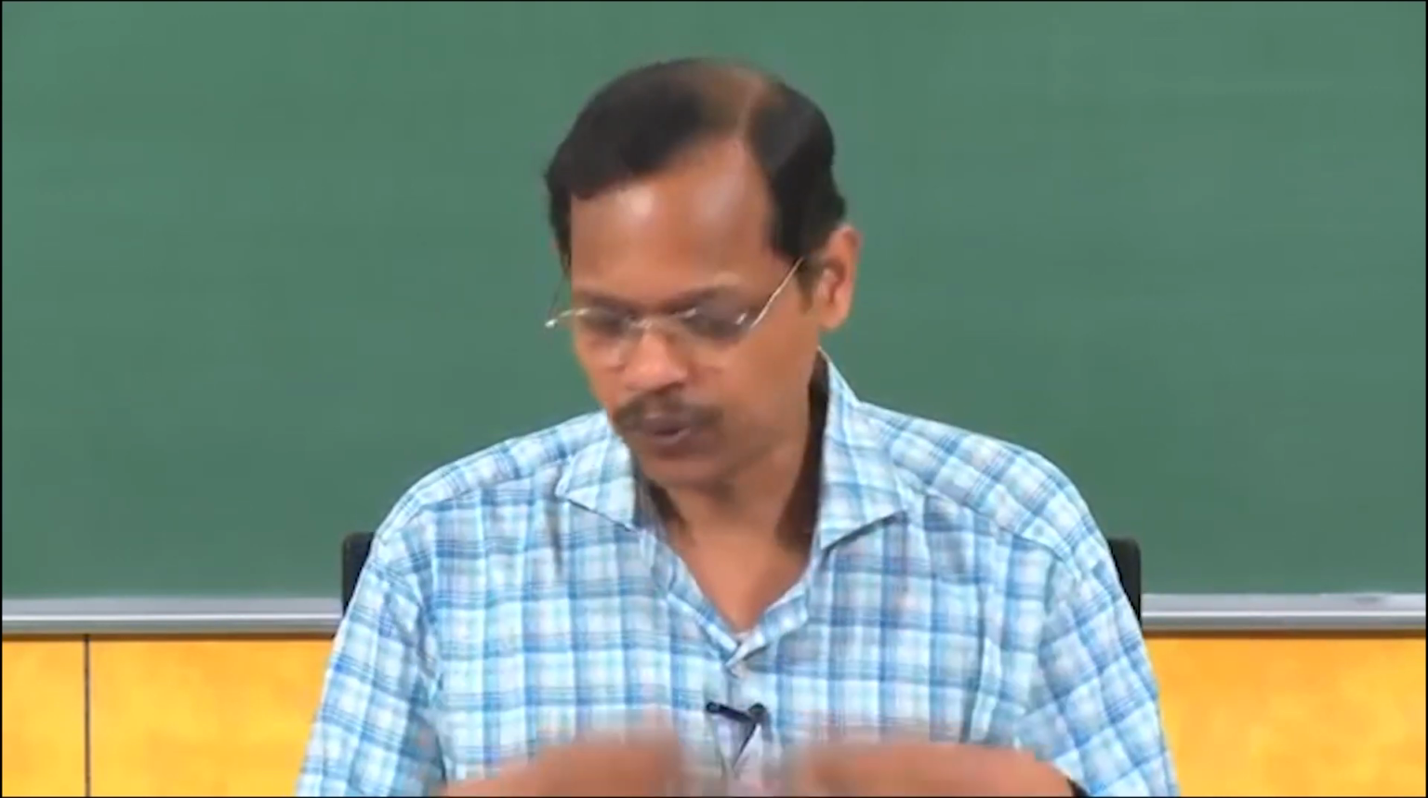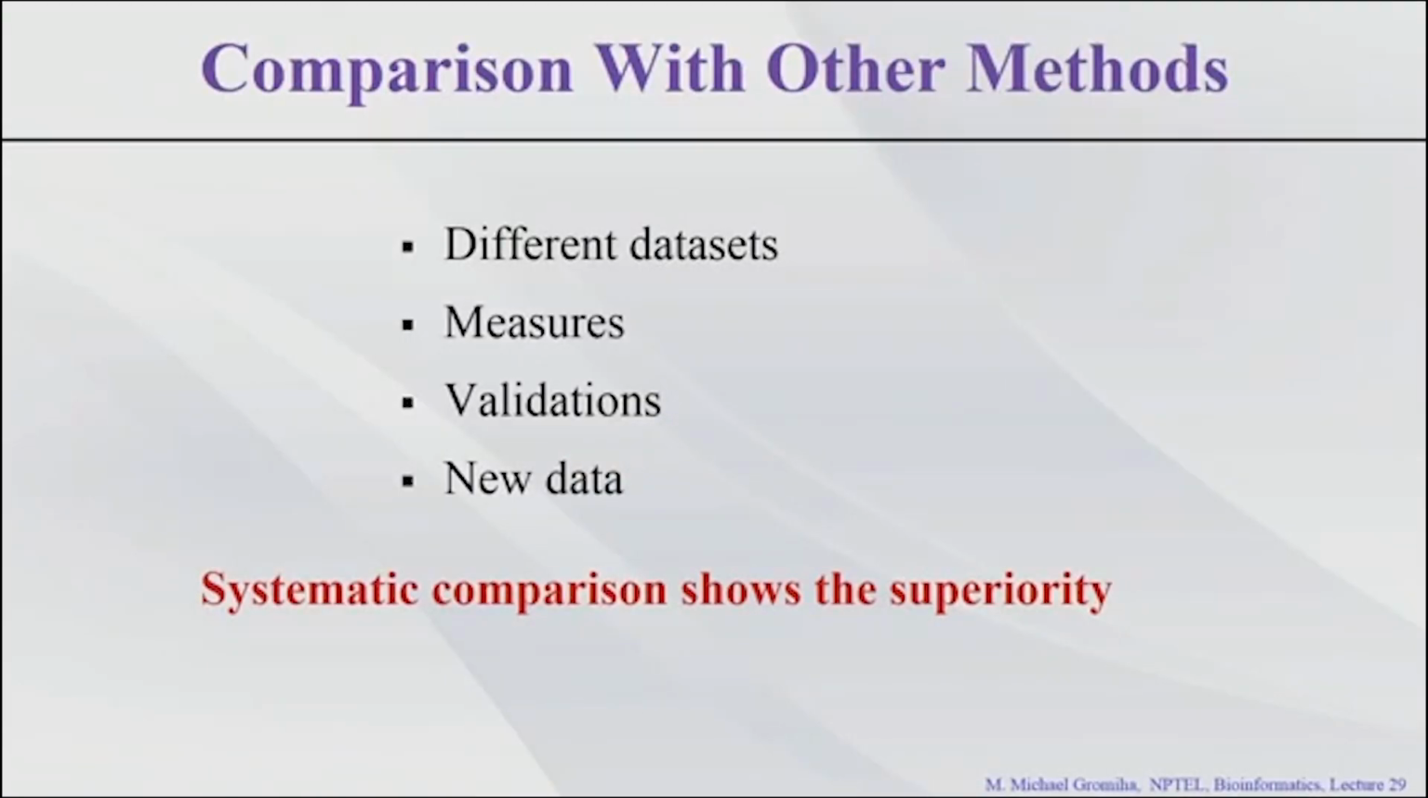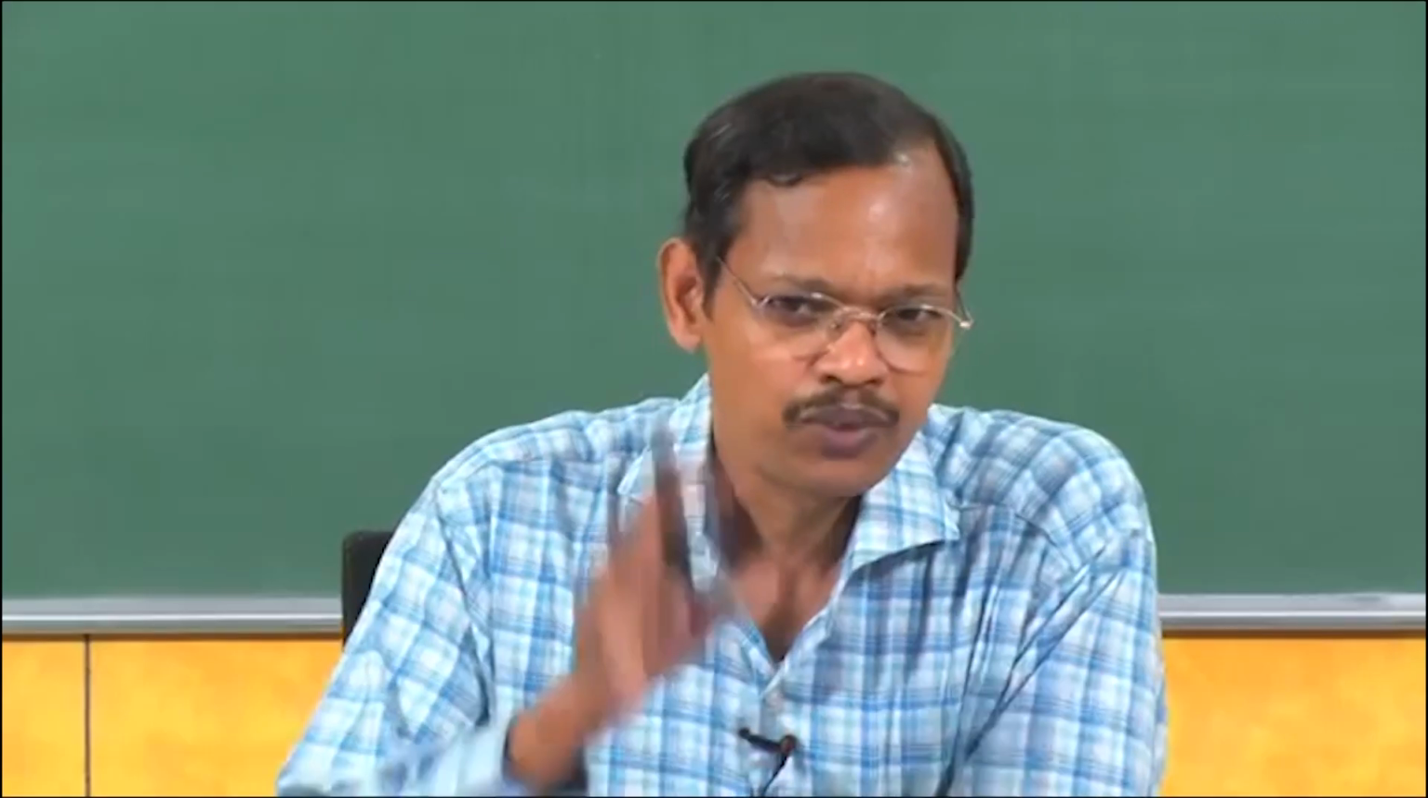If reports are already available in the literature, then you have to compare on different aspects, or you can use different data sets, measure with different measures, different validation procedures and different new data. If you have a new data set and your method can correctly predict where other methods are not able to, then you can say that if we get any new data, our method will perform better than other methods